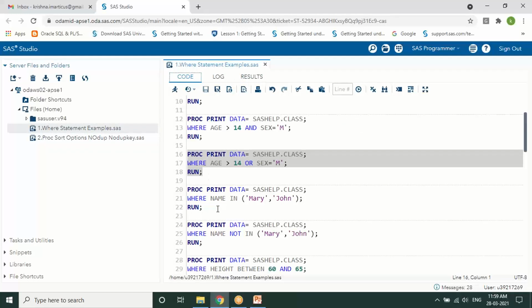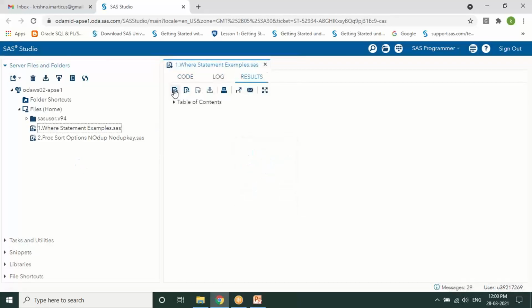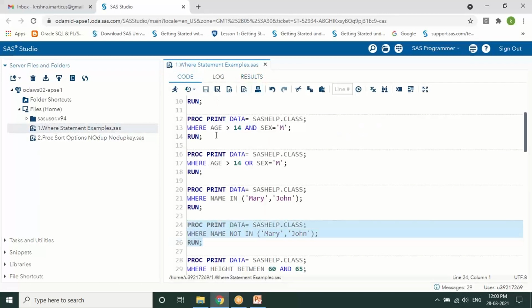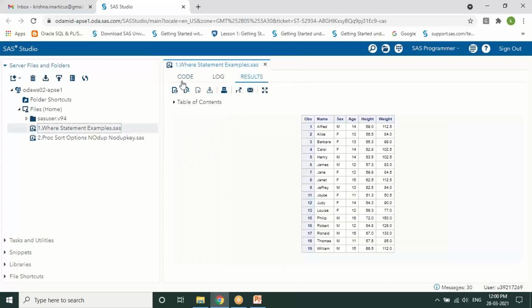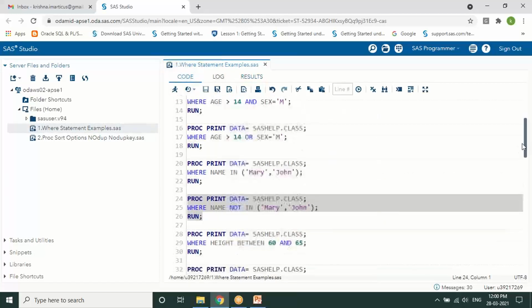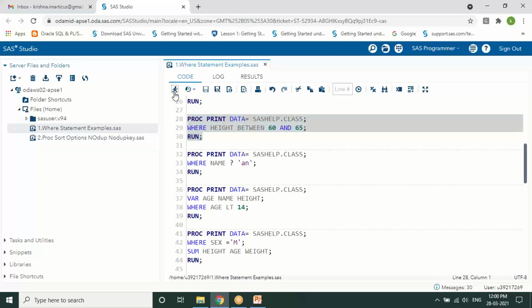The IN operator checks whether the values are included, and NOT IN excludes them. There are some other special operators, like BETWEEN AND, to find values in between, including the values specified, for example between 60 and 65.